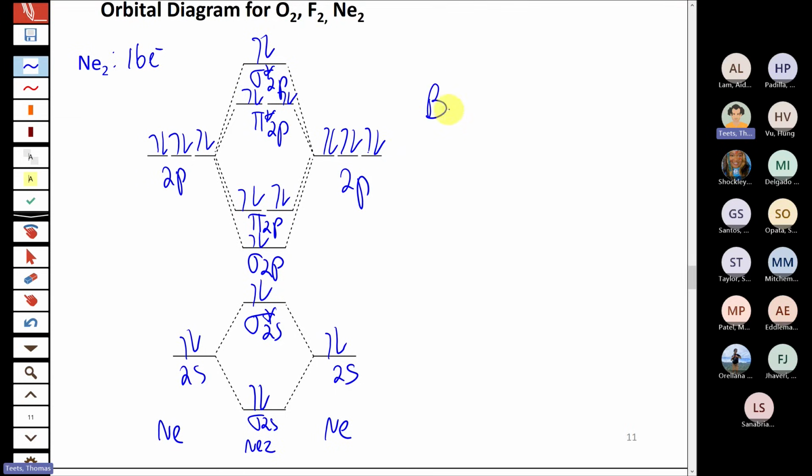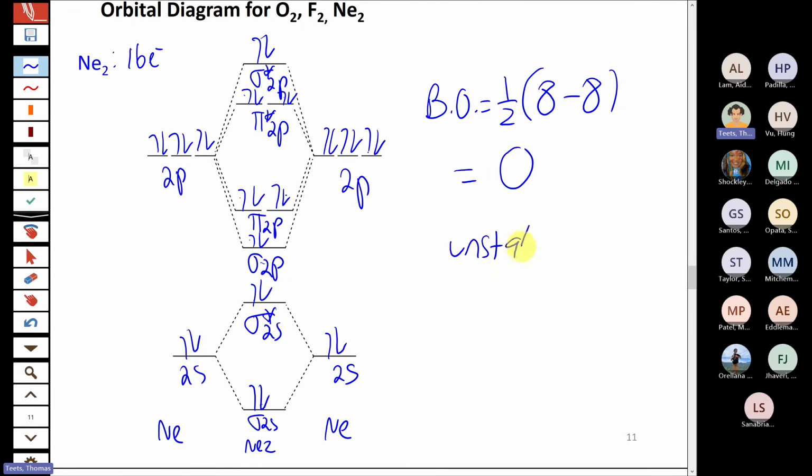So when we calculate the bond order for this, 8 of our 16 electrons are in bonding orbitals. 2, 4, 6, 8. Those are orbitals that don't have stars next to them. But we also filled up all of our antibonding orbitals with 8 electrons. 2, 4, 6, 8. So all the orbitals with stars next to them have electrons in them as well. So we get a bond order of 0, which, as we said before, means this is an unstable molecule that wouldn't exist. All right, so further confirmation that the noble gases don't like to bond to each other for this reason. You end up filling up all the molecular orbitals, all of your bonding and antibonding orbitals, so all the bonds get canceled out, and there is no bond holding things together.